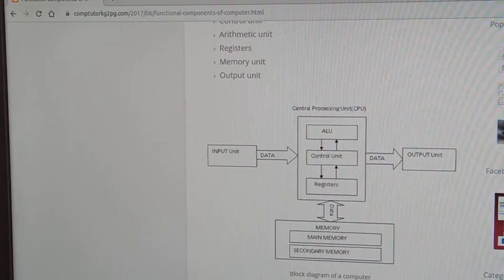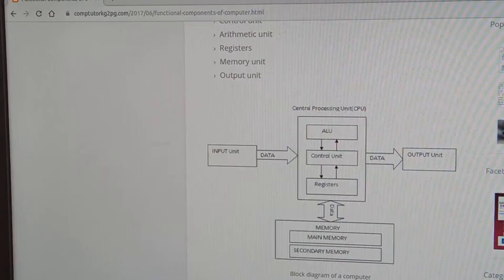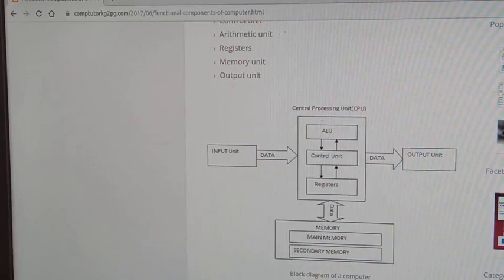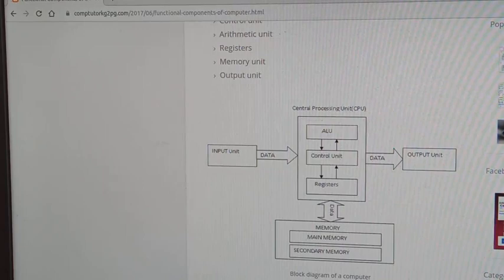So what is in the CPU? Look at that. In the CPU there is the ALU, the CU (control unit), and registers. The first one is the ALU, which means arithmetic and logical unit. In the computer we need to do arithmetic and logical operations. Arithmetic operations are addition, subtraction, multiplication, division, modulus and so on. Logical operations mean comparisons like less than or equal to, greater than or equal to, not equal to. All the comparison or logical operations are done by the logical unit. Both combined together form the arithmetic and logical unit.